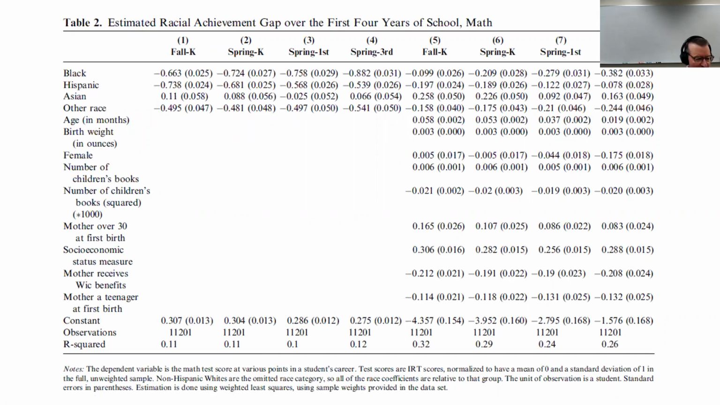So this was the table that you answered questions about for the assignment for this week. And I think most of you understood that if you have a simple regression, in this case with fall kindergarten math scores regressed on a bunch of dummy variables representing race, ethnicity, that you have to select an omitted group. In this case, the omitted group is whites. And then the coefficients on the included groups show deviations in this case, a standardized math test between whites and